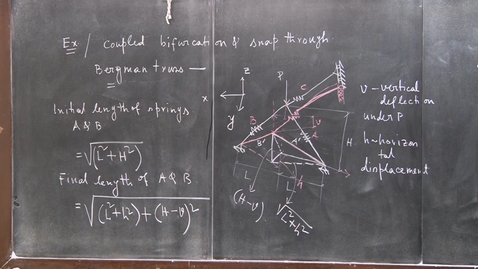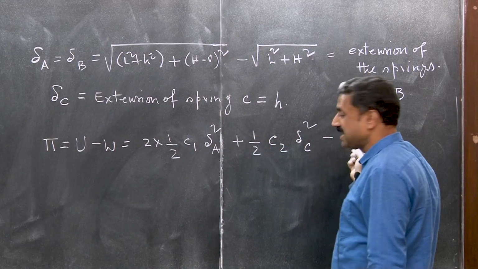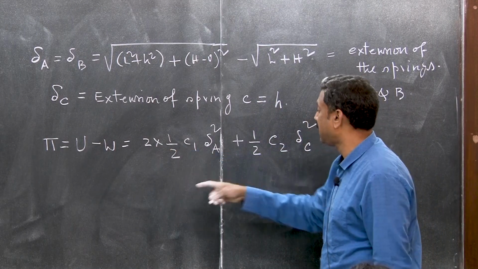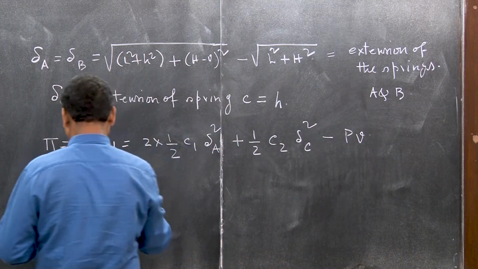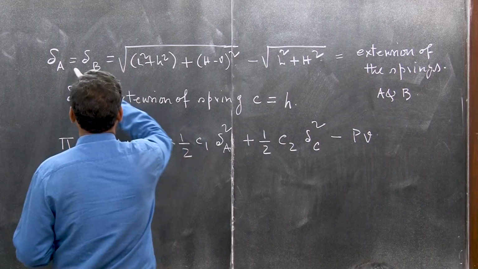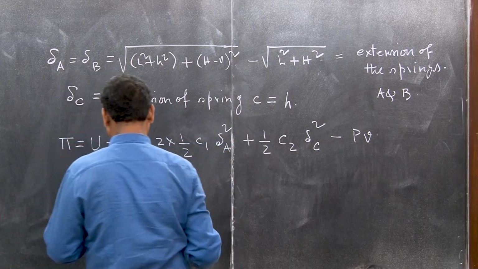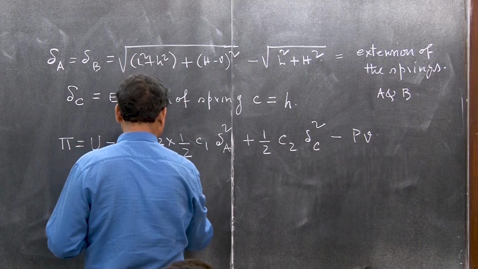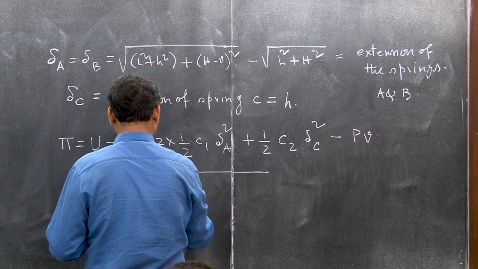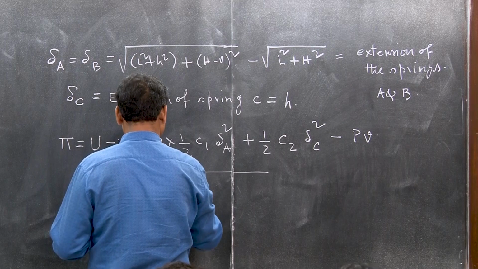Strain energy in springs A and B is multiplied by 2 because both the springs are working, right. So now I am just substituting the delta A, delta B and delta C expressions over here. So C1 and this one will be nothing but L square plus H square